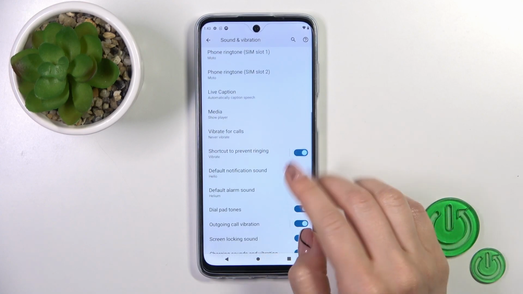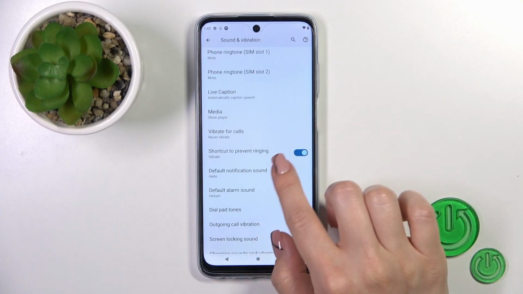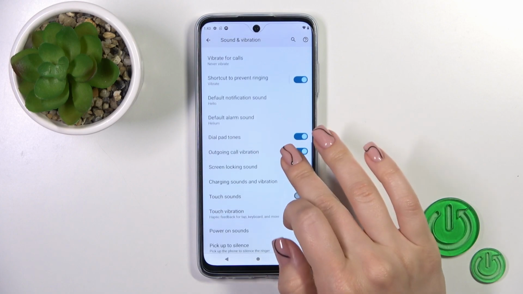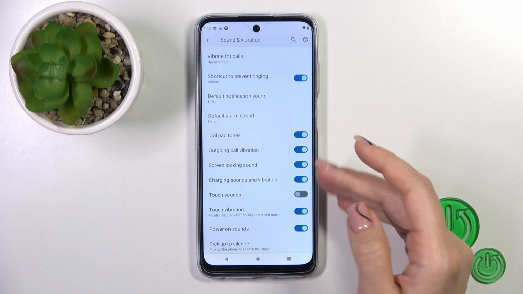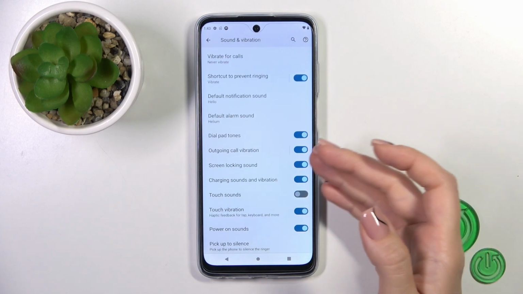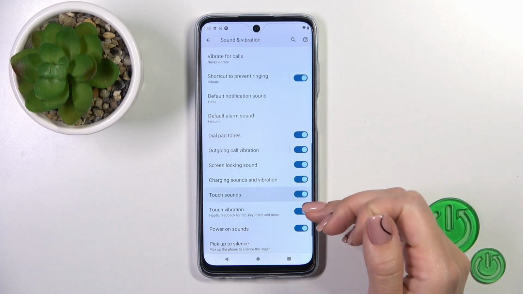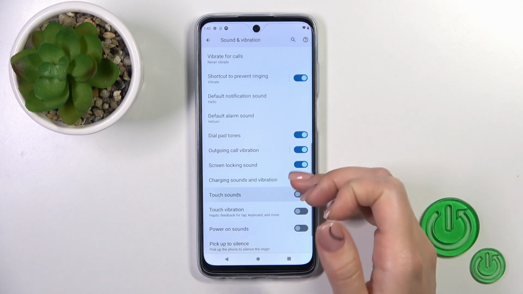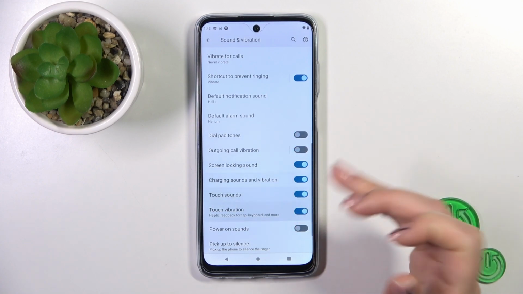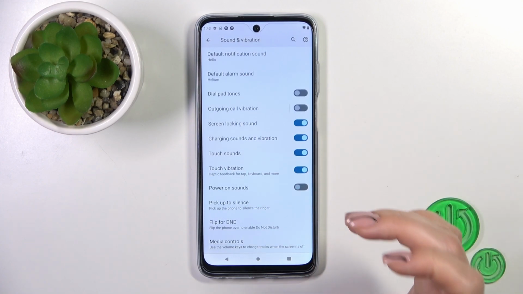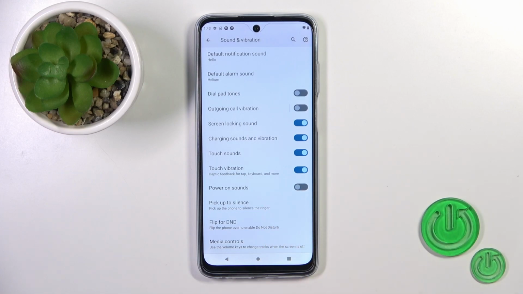To activate and turn off the shortcut to prevent ringing, to change the default notification and alarm sounds, to turn on and turn off the dial buttons, outgoing call vibration, lock unlock sounds, charging sounds, vibration, touch sounds, touch vibration, power on and power off sounds, and just to turn on and turn off all of these options you should use the switches. Also we could pick up the device to silence the ringer, to use phone